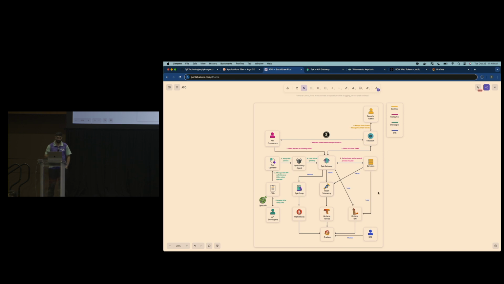And last but not least, once we make a request, the request is going to hit the gateway with your key. Tyk is going to authenticate it, and at the end of it, once the request is back, it's going to ship all the metrics, logs, and traces to the Grafana observability stack. So as you can see, I have Prometheus, Grafana, and Loki, as well as Tempo.